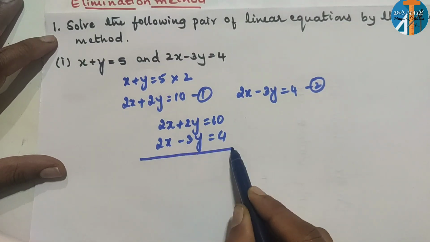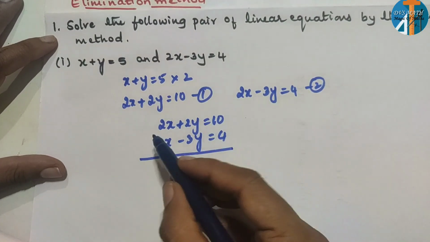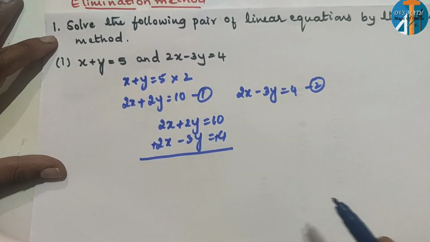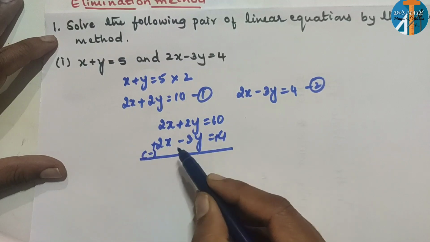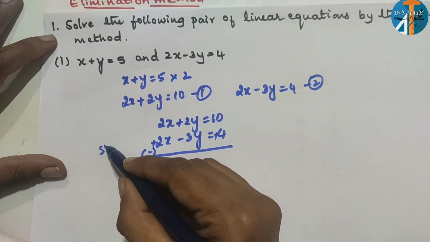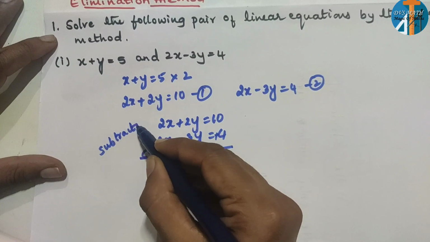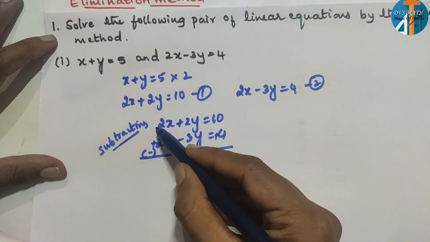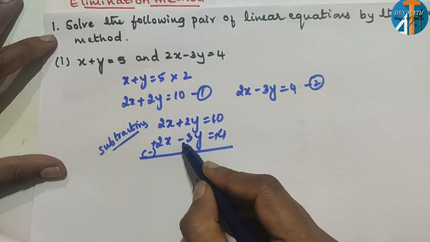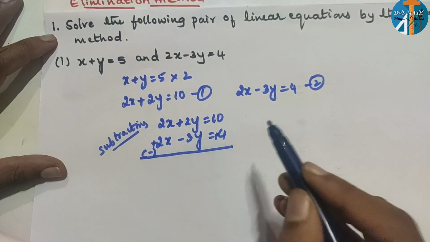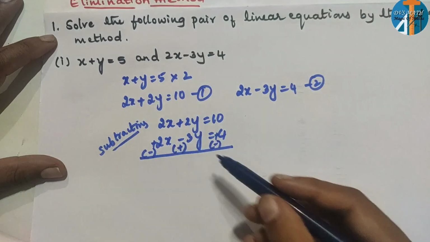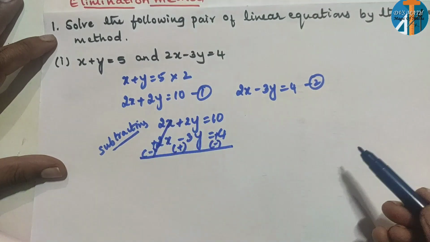In the elimination method, one should be plus and the other should be minus. So here we have to change the sign of the second equation. Here it is plus, and here also it is plus. We have to change it to minus. At that time, what you write is subtracting. That means if you are changing the sign, it is subtraction. So write, subtracting 1 and 2. Now what happens? Plus 2 minus 2. Here also minus. You have to consider the whole second equation, not the first equation. Minus, plus, plus, minus. So here, plus 2x minus 2x cancels.